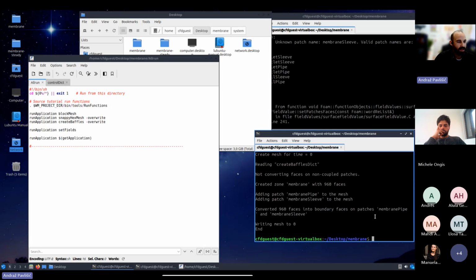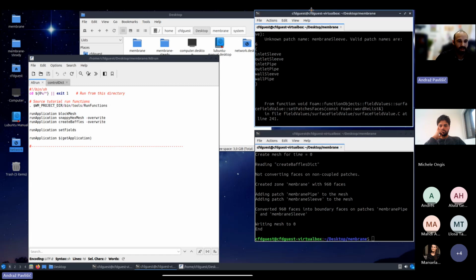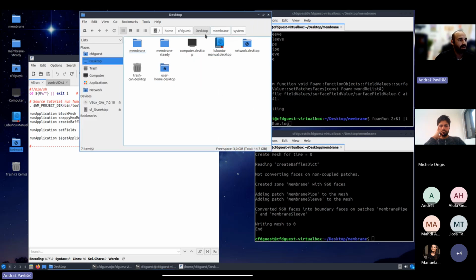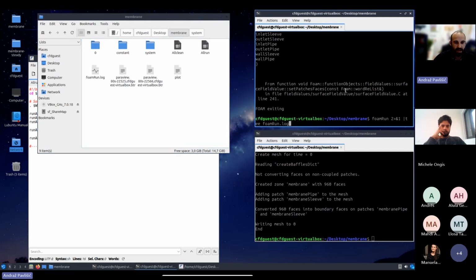And now we have created our membrane. It's inside of our computational domain. And if everything is done correctly, now we can finally start with our computations. So if again I run this foam run command,